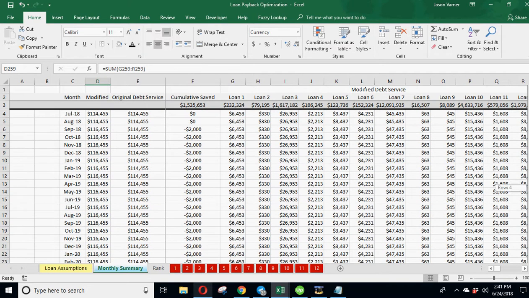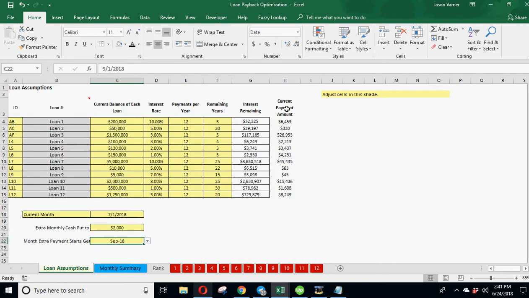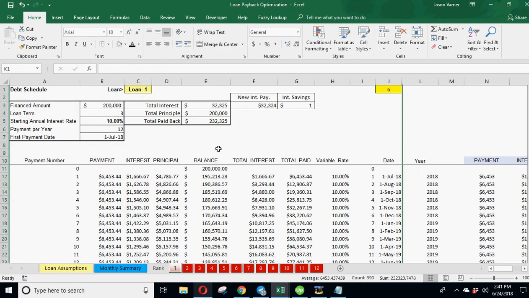Now if we go over here to our summary, we could do current payment amount, total interest saved, and look at this. We just do, it's going to be an indirect, and where's the interest saved? We have it in here as F3, or no, G3. So we'll do,